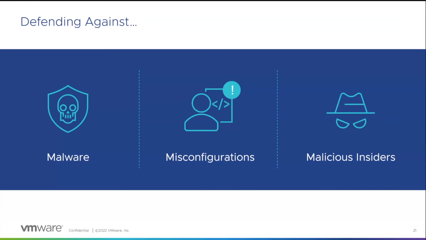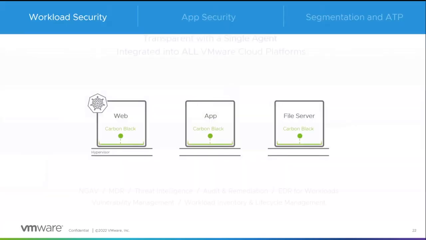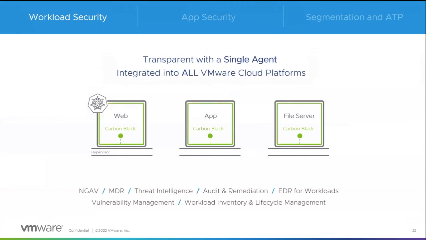And obviously the threat from malicious insiders doesn't go away whether or not your workload is deployed on-prem or in a cloud environment. Full workload protection really starts with securing the application itself. And we've spent a significant amount of time and effort over the last couple of years since VMware acquired Carbon Black, integrating Carbon Black and all of its security capabilities directly into vSphere. Those capabilities include next-gen antivirus, endpoint detection and response (EDR), threat intelligence, as well as numerous other capabilities.